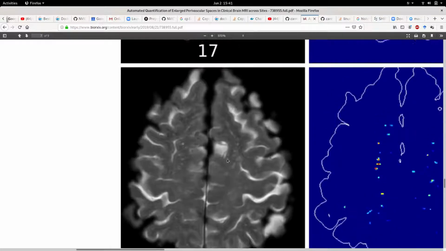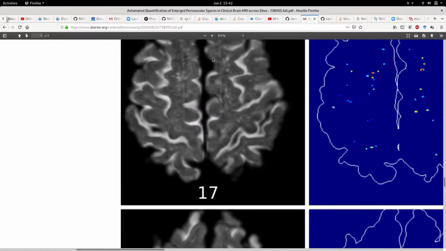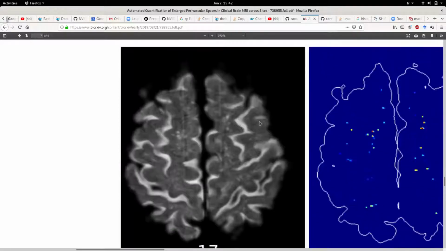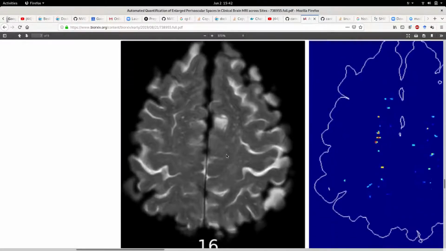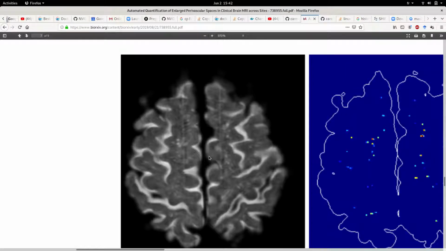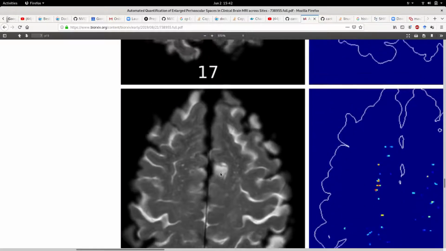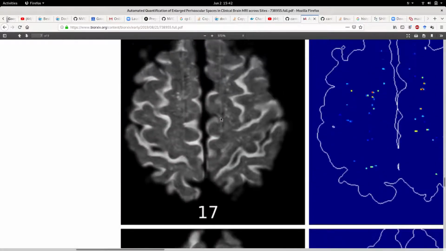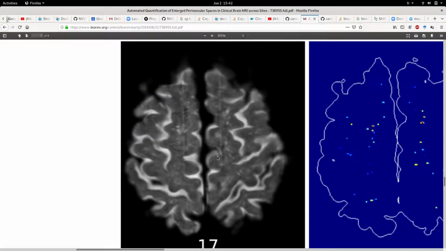But there are fewer perivascular spaces than in that one. So let's say if I counted 19, 20 for that one and 16 for this one, that would be right. Here it's a bit more tricky because there are fewer, but they are more spread out through the brain, and there the burden seems higher, but they are more concentrated in one area. In general you should have at least fewer for this one than that one, which was the case here. Maybe the difference could be larger. What matters is that it makes sense overall.